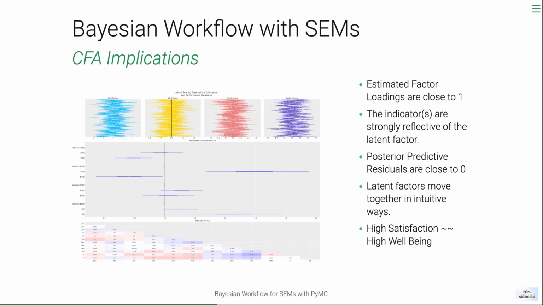So when you're thinking about a factor model or a structural equation model, what you generally want to ensure the model does well is capture the covariance structure between the 12 observed variables you have to hand. So the plot at the bottom shows the residuals between the model's implied covariances between the indicator variables and the observed covariance structure in the data set. And so the closer to 0 those values are, the better your model has captured the covariance structure of the original data. So this is a confirmatory factor model.